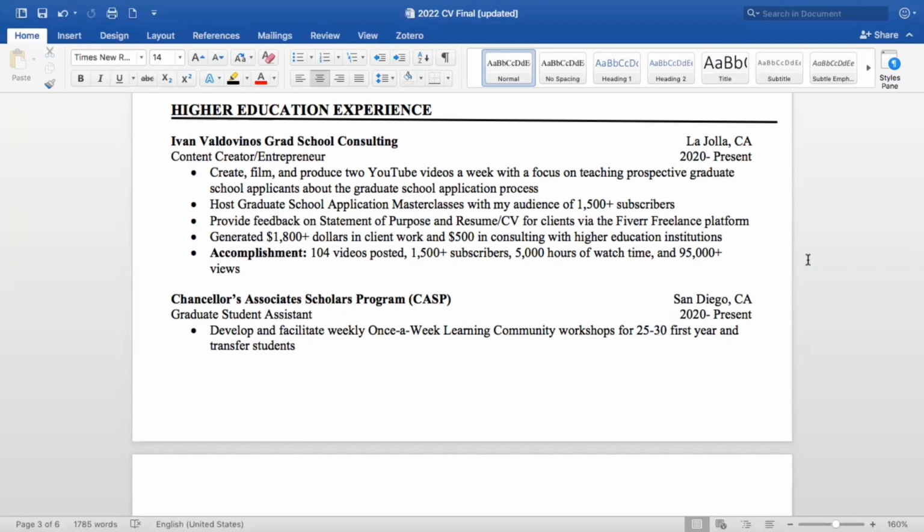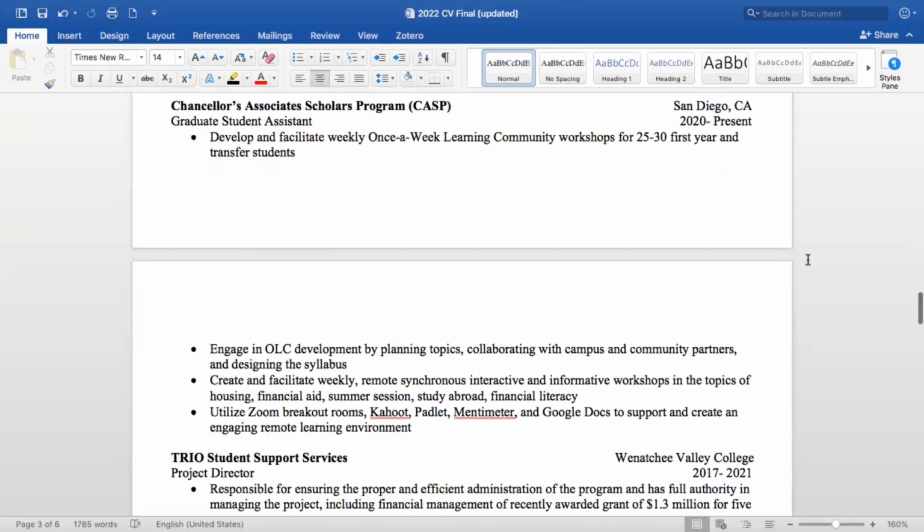The next experience that I have is called the Chancellor's Associate Scholars Program, where I was a graduate student assistant. And here I was developing and facilitating weekly, once a week learning community workshops for 25 to 30 first year and transfer students. I also engaged in OLC development by planning topics, collaborating with campus and community partners, and designing